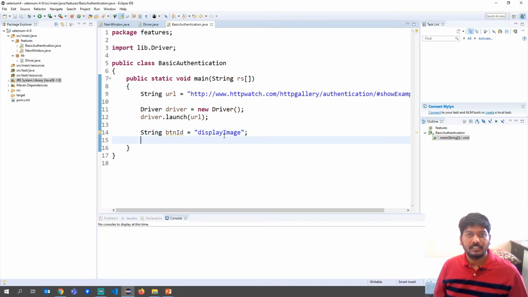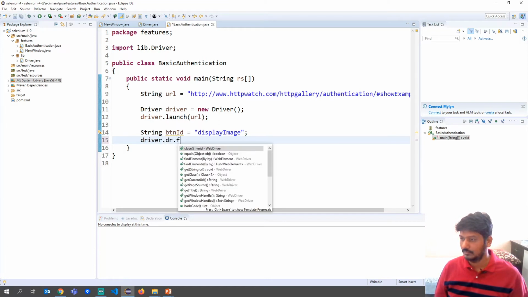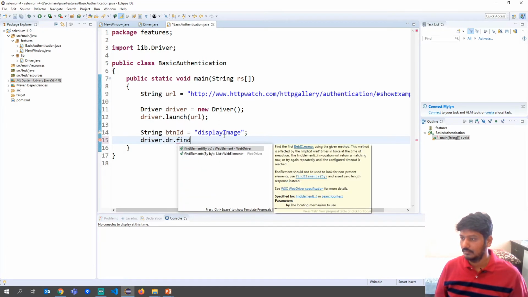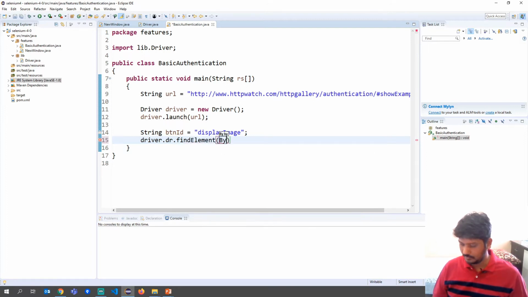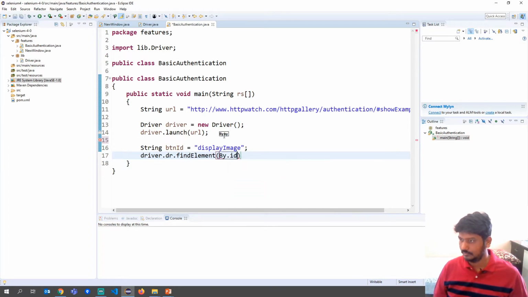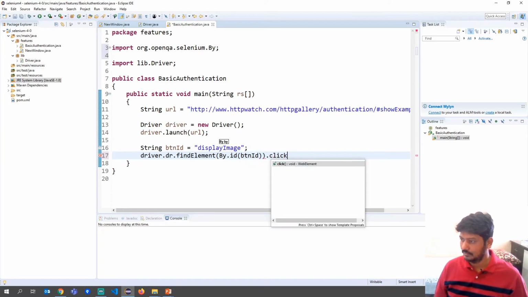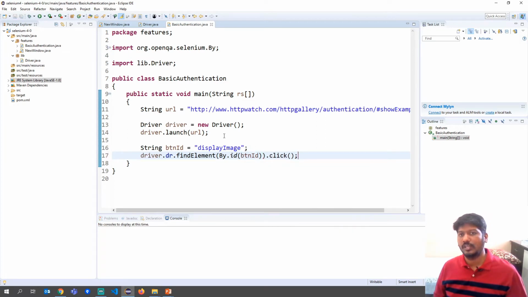Now we will write a small piece of code so that it clicks on that particular button. We have written a code here so that I will find the element and click on the particular button, and then ideally the pop-up comes. Now let us execute this small part and see if everything is working fine or not.